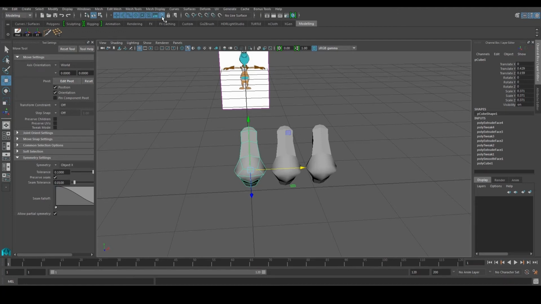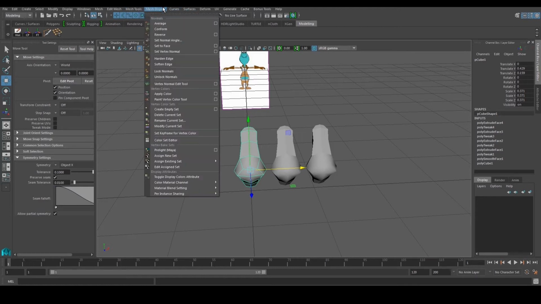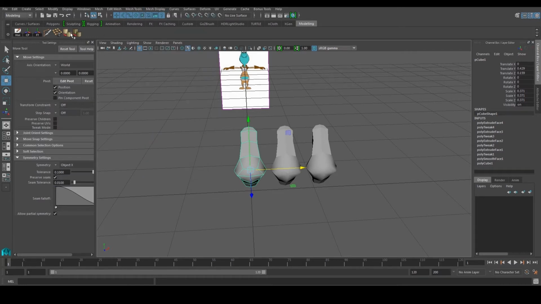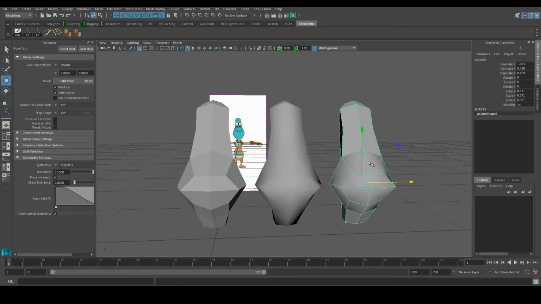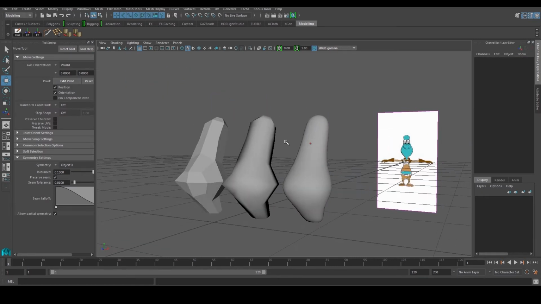Now if I select this guy and I go to my normals, in 2015 you see a normal step over here, but from 2016 onwards they change it up a bit. So you have to go to your mesh display, and you see over here there's this thing called soften edge and harden edge. So maybe I'll put these two up in the tab over here. So this guy over here, if I just click this to go harden edge, this is harden edge, and I just use this guy, go soften edge, and this one I'll just press 3 on the keyboard.